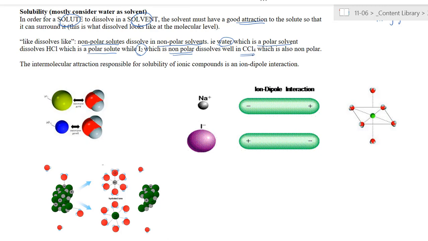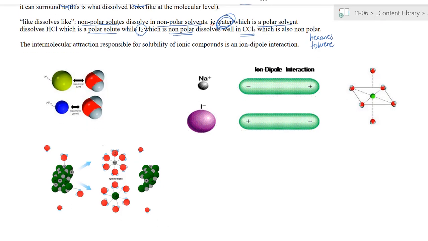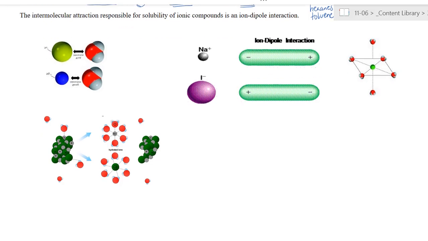Now, the thing about this as well to consider is that what are some of the other nonpolar solvents? So in the little activity that you did earlier, we had hexanes. That's another example of a nonpolar solvent. And we also sometimes use toluene. Okay, so these are examples of nonpolar solvents. Water is our classic polar solvent. Okay, and most of our discussion here is going to focus on water as a solvent. We're going to consider why something like an ionic compound tends to dissolve better in water than something that's nonpolar. Okay, so these diagrams will be